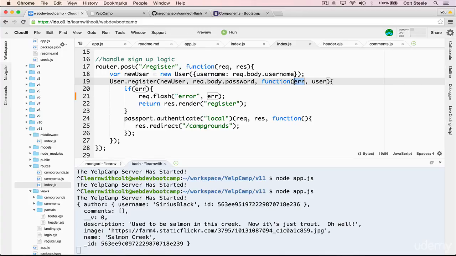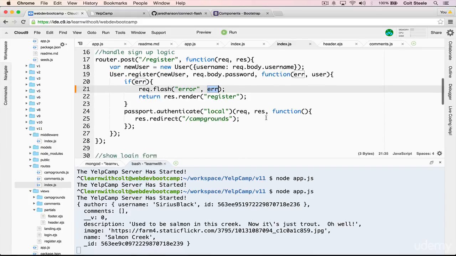And if that error exists, it will be something like password can't be blank, or username can't be blank, or username is already taken. And we're just sending that through. So we don't have to write those messages ourselves. We could write our own custom versions, but for simplicity's sake, we're just going to take advantage of what's already done for us. And we can do the same thing